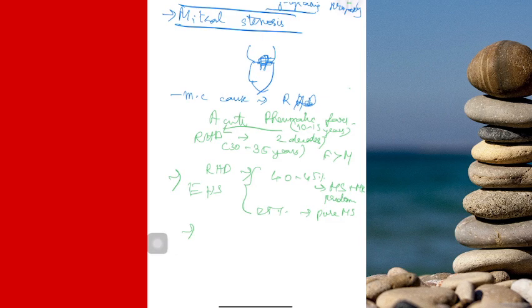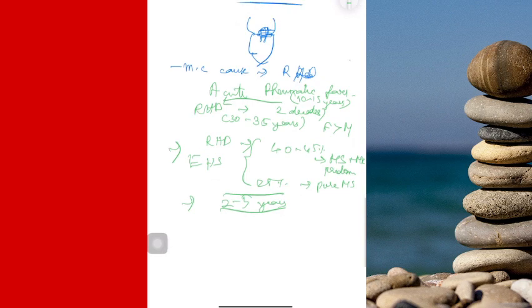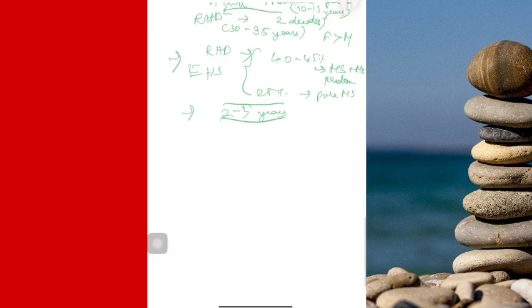So if you're not going to intervene or treat a patient with mitral stenosis due to an underlying rheumatic heart disease, the patient will hardly live for only 2 to 5 years. Okay, so that it is so very important. But if we can treat him, he'll survive for a longer period of time. So his longevity for an untreated rheumatic heart disease with mitral stenosis is just 2 to 5 years.